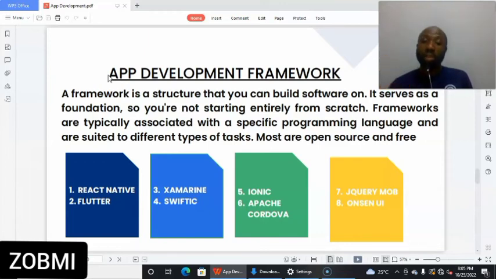When it boils down to app development, it is a structure that you can build software, applications, or whatsoever on. It serves as a foundation,